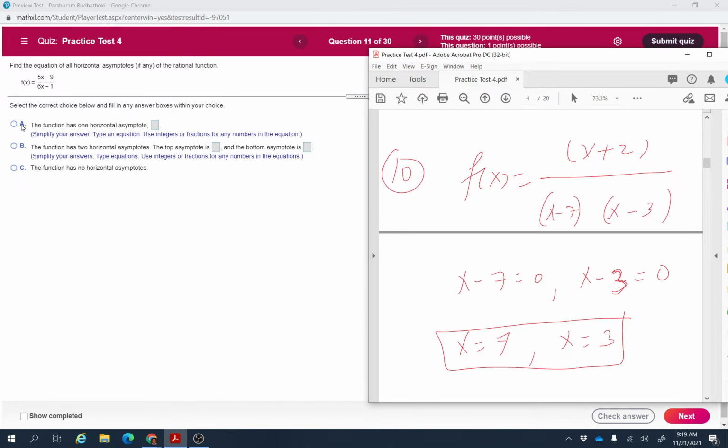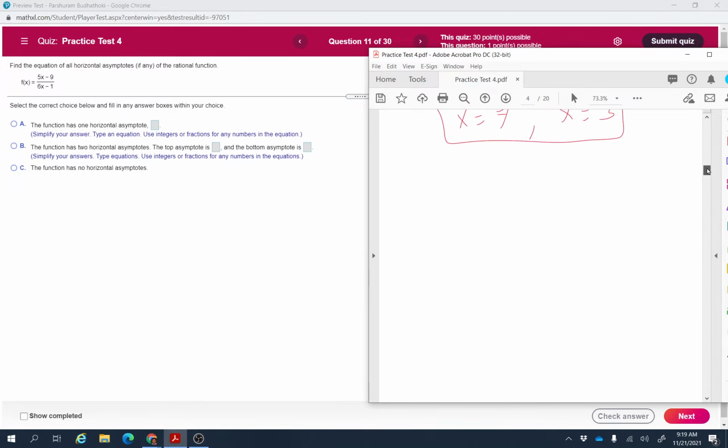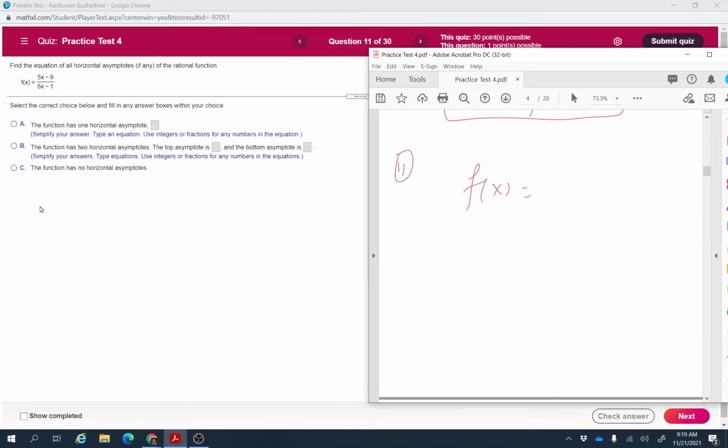Okay, so what's the question? Find the equation of the horizontal asymptote. For finding the horizontal asymptote, you have to compare the degree on the top and the degree on the bottom. So here you can see that the degree on the top is 1, the degree on the bottom is 1. So that means the horizontal asymptote can be found by, if you have the same degree, let's say